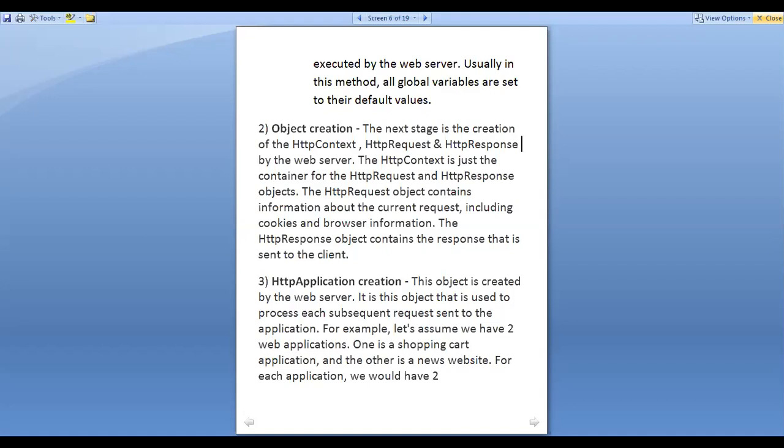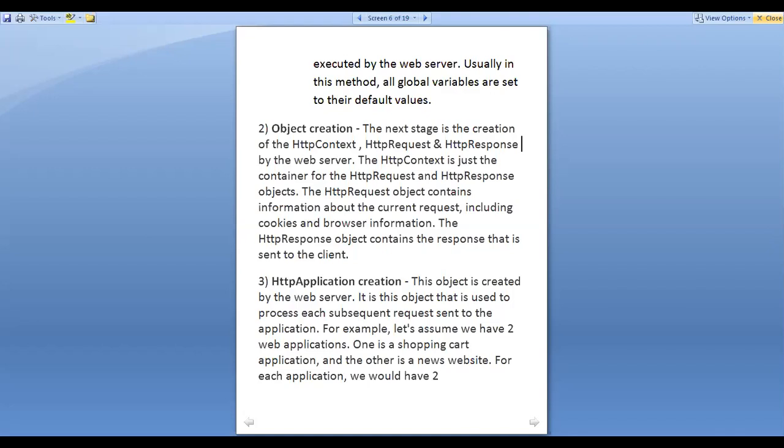Then HTTP application creation, the third stage. The object is created by the web server, and it is this object that is used to process each subsequent request sent to the application. Means what? Let's say we have two different web applications within a single server.